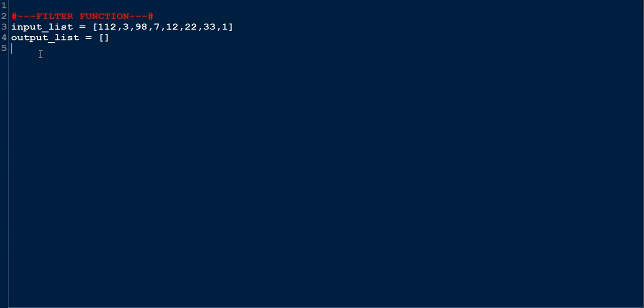Okay, so imagine we have an input list of different random integers like this, and what we're going to do is that we want to filter out the even numbers of the input list and store them in the output list. Okay, so we can do it simply by using a for loop like this: for e in